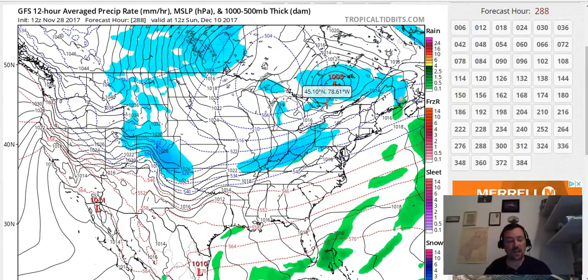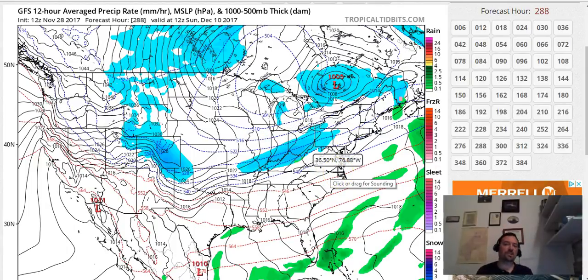Around the 9th, and then you've got another one followed right behind it on the 10th. Remember that I said right around the 10th, 11th from the East Asia rule would be a system. So this sees it in two pieces, but the idea is verified there in the modeling. Does that mean it'll be snow? No, but it does at least correlate with what we see in the East Asia rule, the organic forecasting kind